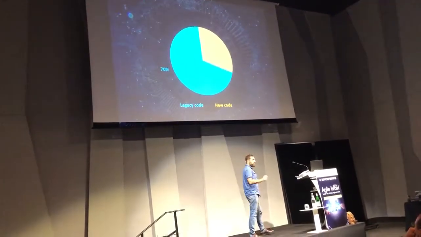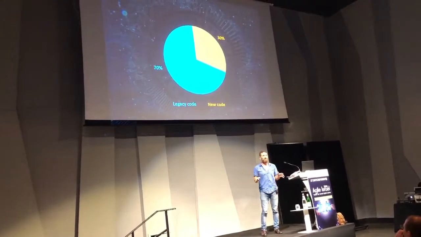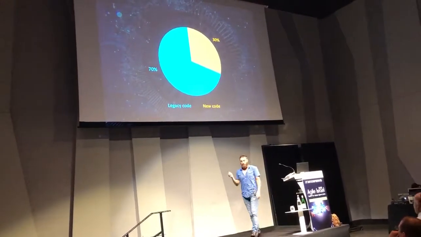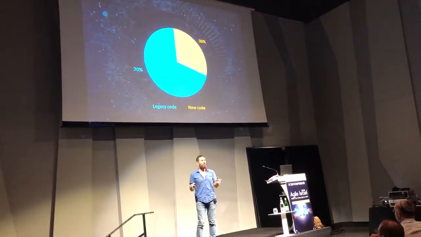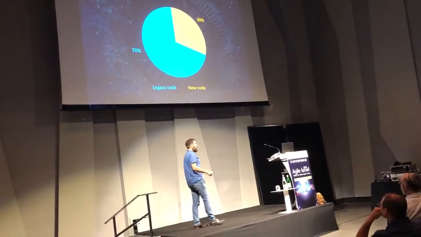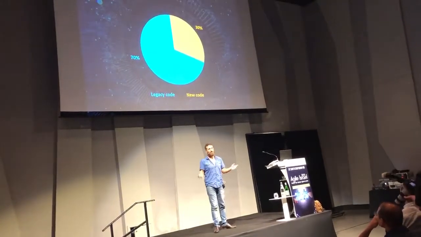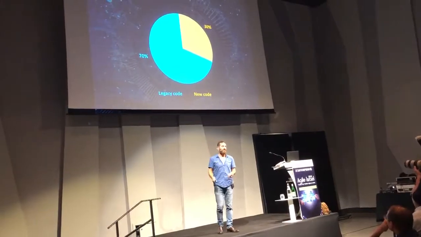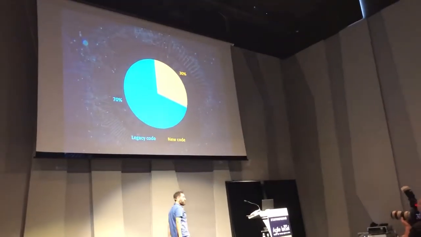Okay, I'll give you some interesting facts about legacy code, even though lots of developers and lots of teams don't like to touch it. But we all know that about 30% of the development is new code. This is the part that every team wants to do, and I'll talk a bit about that later. And 70% is maintenance. Okay, 70% of the budget goes to maintenance, and I think it's actually more. I think it's about 80%. So let's stick with the 70%.